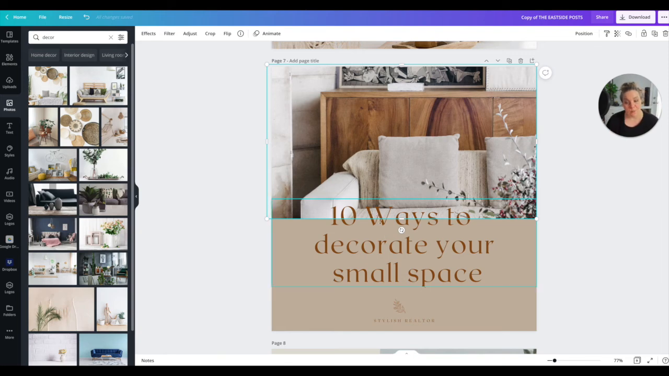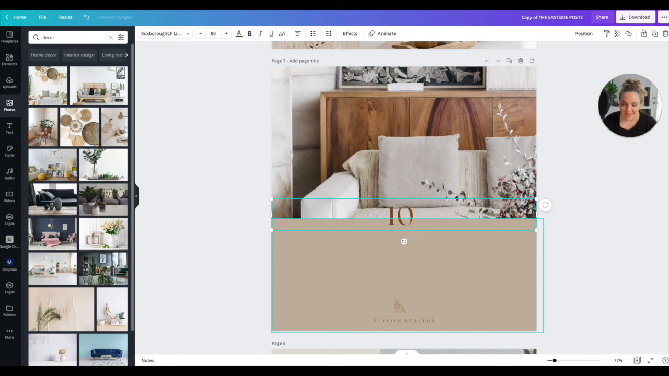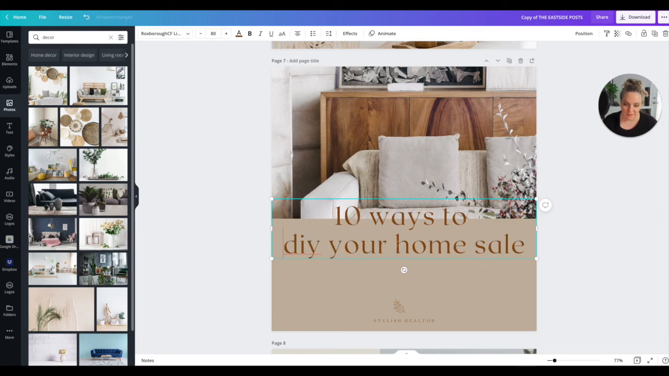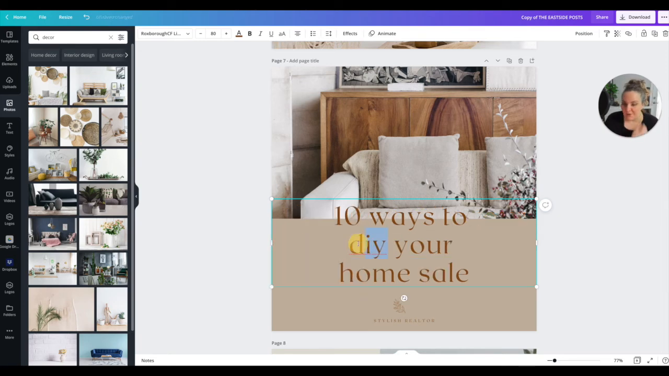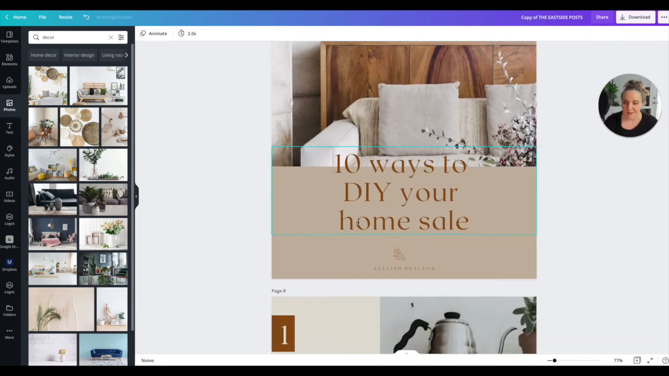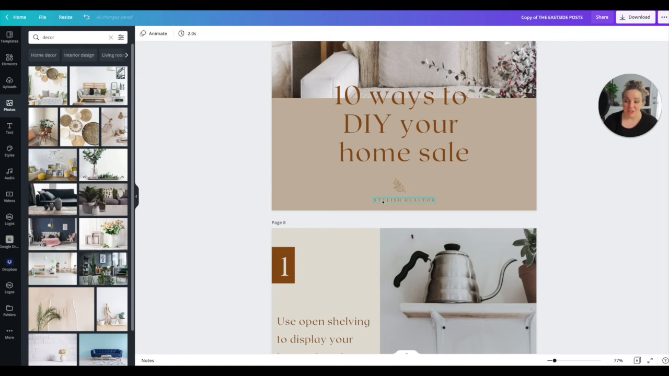So this is 10 ways to decorate your small space, but your weekly content might be 10 ways to DIY your home sale, right? That might be your topic of the week, what you're writing about on your blog. And if you don't have a blog, you don't need to go out and get one. This is just if you have weekly content. You can always make this up on the spot. And you can do these in batches so that you're batching your content and you have these ready to go